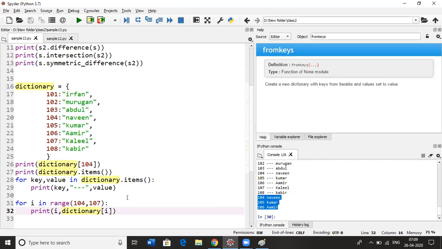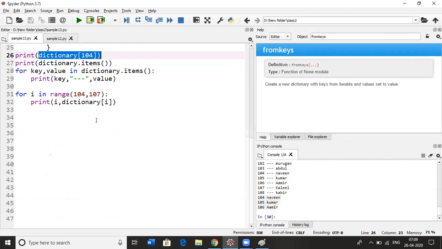What does i indicate? i is the key only. From the key, from the i value, we are getting the value here. I got it. With the help of the range function, we are implementing whatever data we need from the dictionary with respect to the range.